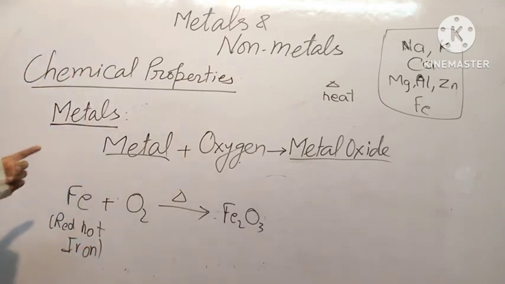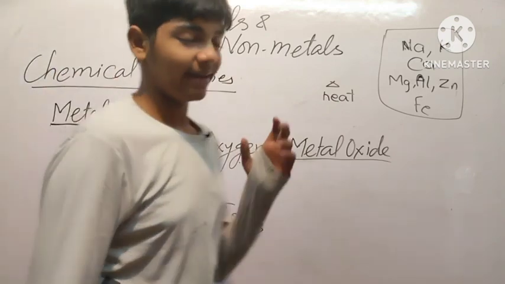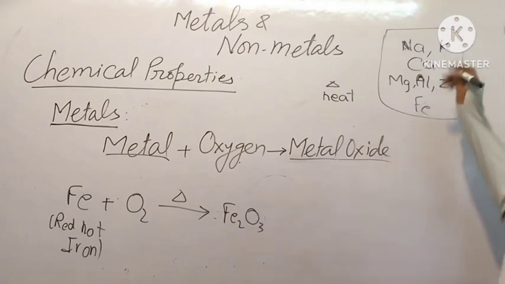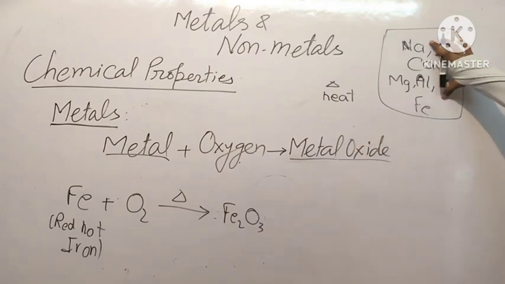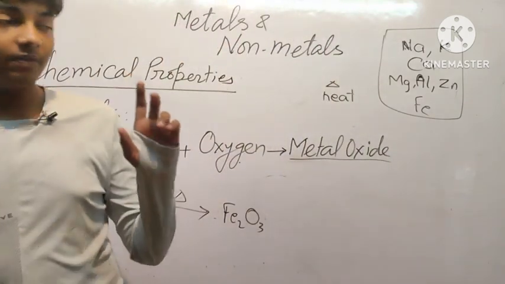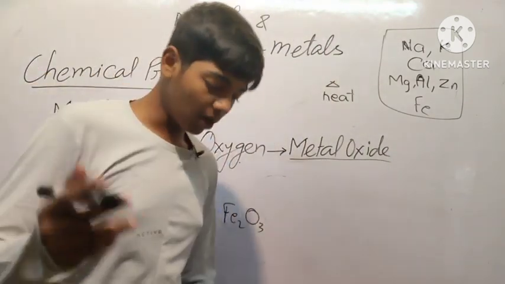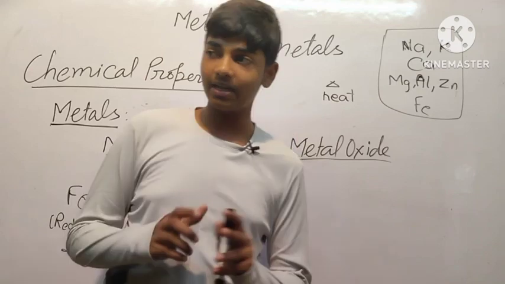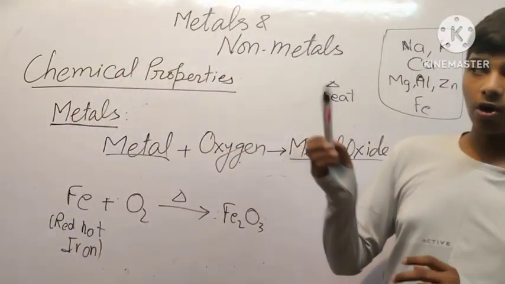So in the next part, we'll be doing metal plus water, in which we'll also be able to determine such a simple table of reactivity. Then we will get what we call a reactivity series, which has all the metals arranged in decreasing order according to their reactivity.